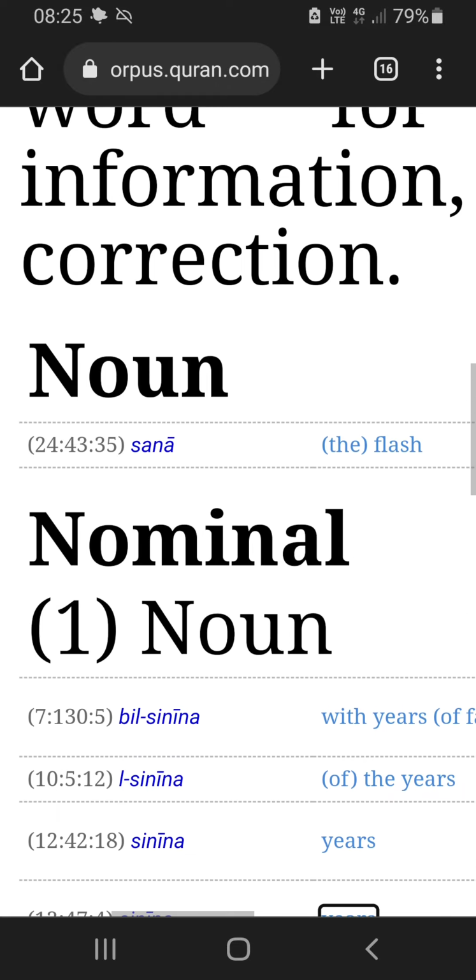And obviously you ignore this one, which is not year. This is connected to the same root, but it's another word. So now if the Quran has the word month mentioned 12 times, and the word year is mentioned 19 times, 7 times in singular and 12 times in plural,